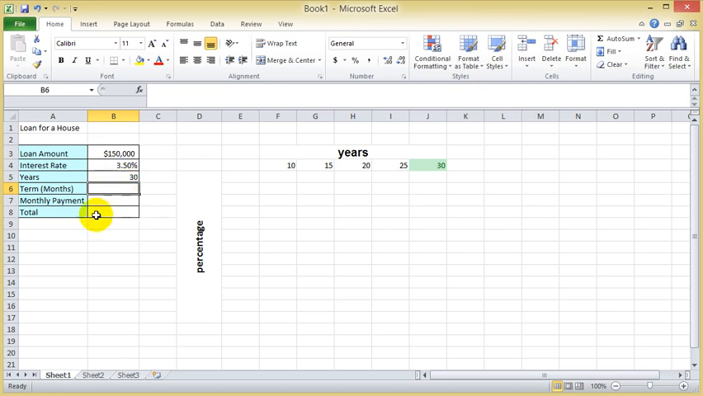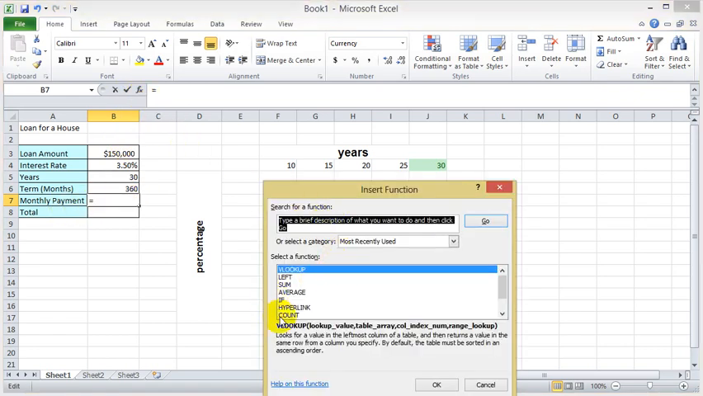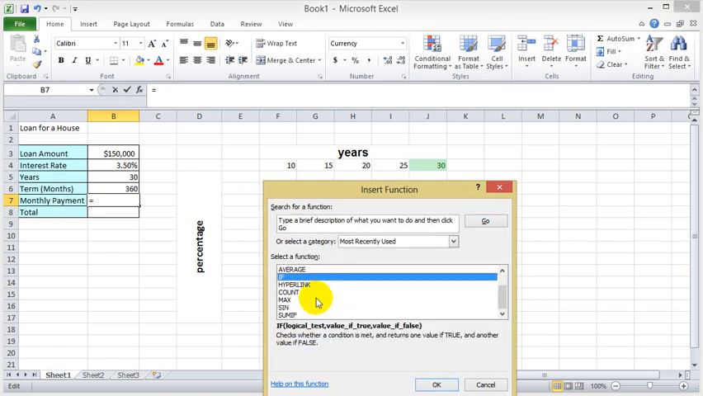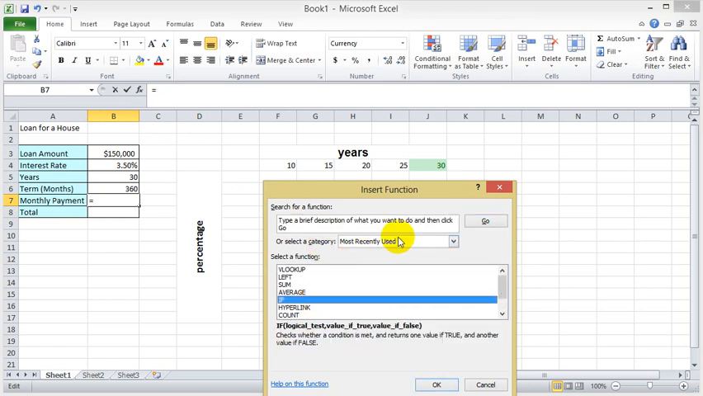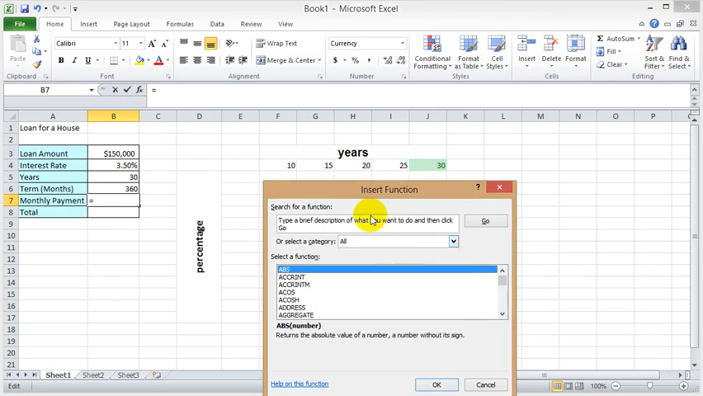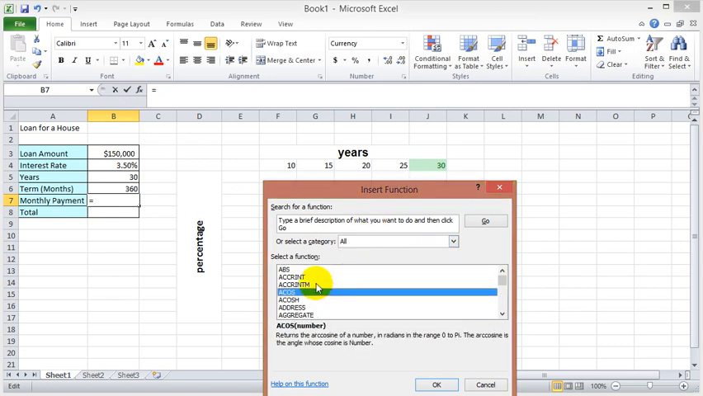So what's the term in months? The months will be equal to the years times 12, because we're going to be doing 12 monthly payments. So we're going to do the payment formula. We're going to go up here to the fx function, and we're going to be looking for the payment. I've not used it on this computer before, so we're going to search for payment,